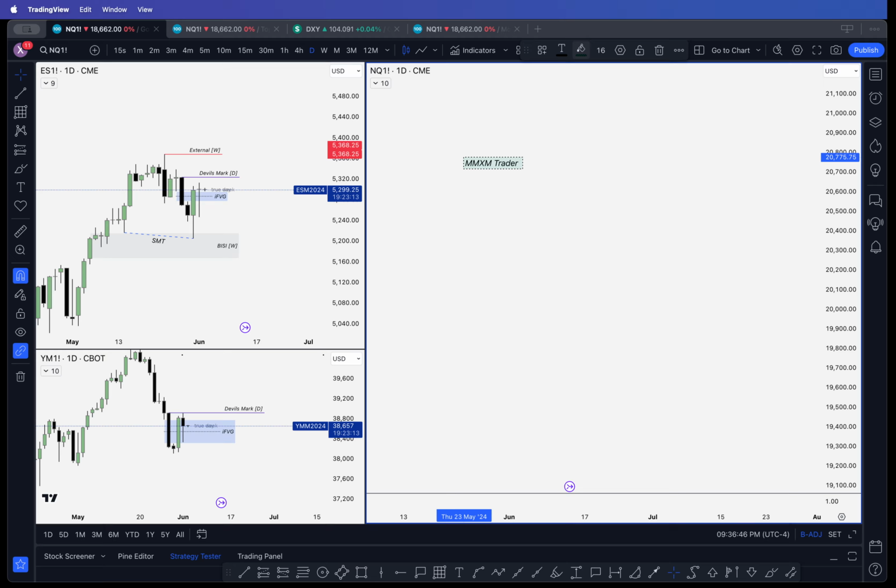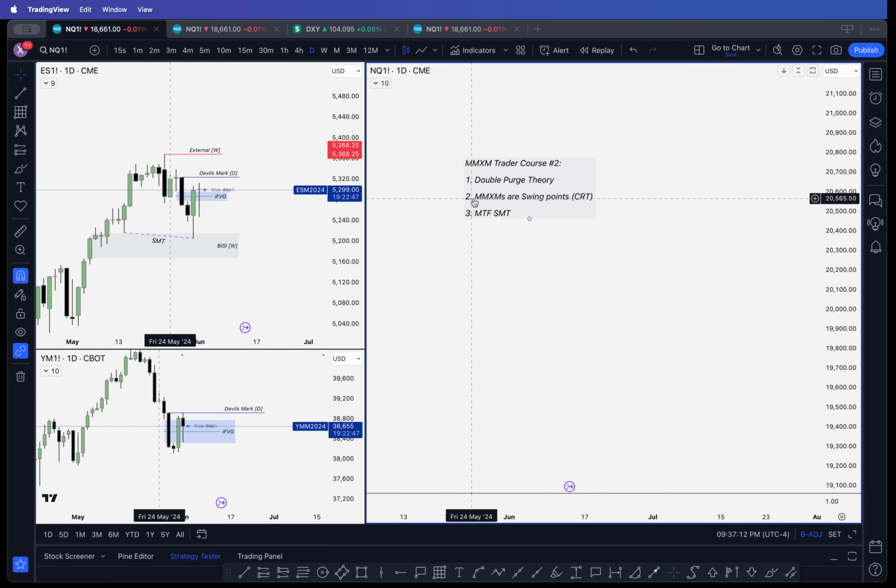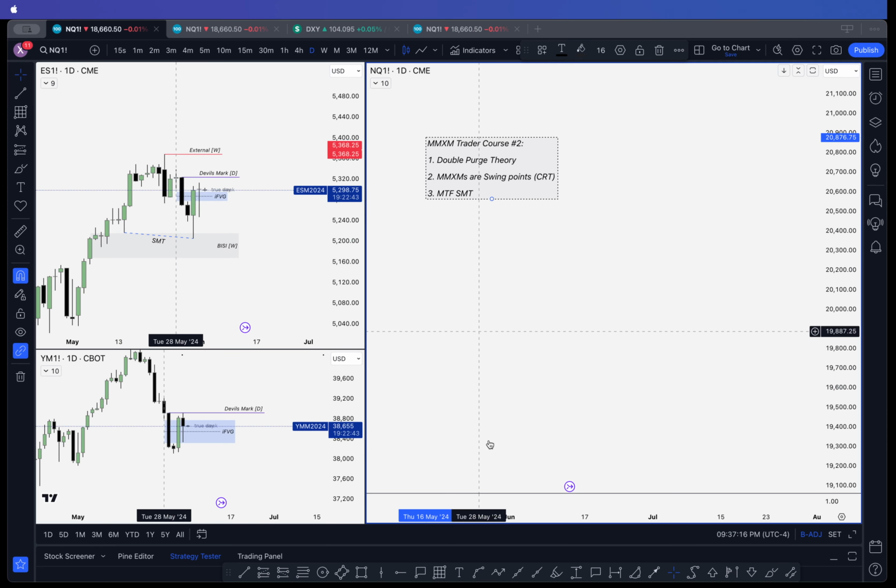So, there is a couple of core concepts which I'm going to go over today. One is going to be one we've all heard of, which is going to be the double purge theory. One is going to be the idea of our swing points, and this is the same thing as candle range theory. And the third thing I'm going to talk about is multiple time frame SMT, and I've already talked about that a little bit. So if we can understand these three core concepts, coming out of that second trader